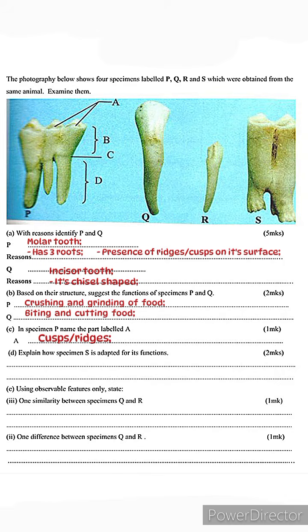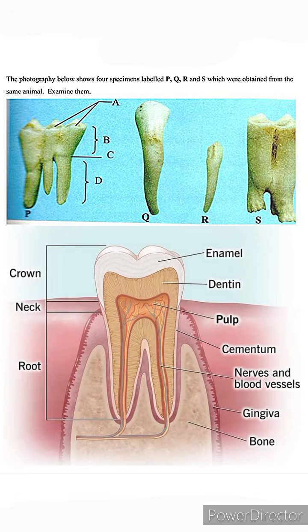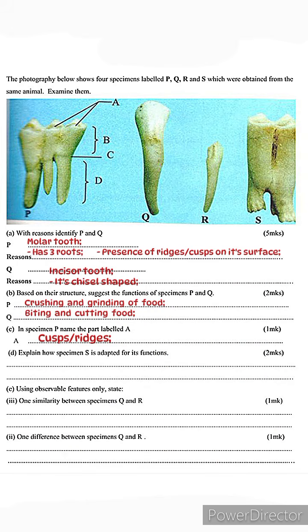If we look at specimen P, we'll note that there are 3 distinctive parts that are labeled. We have B, C, and D. So let's remind ourselves of the 3 main areas of a tooth. The upper part of the tooth is the crown. This is the part that is visible to our eyes. The lower part is the root. Now the root is the part of the tooth that is embedded in the jaw. Between the crown and the root is where you have the neck. So this is represented as the part labeled C. Moving on,